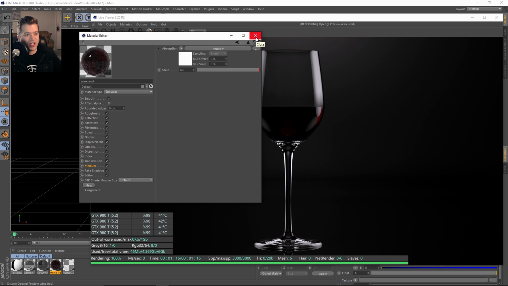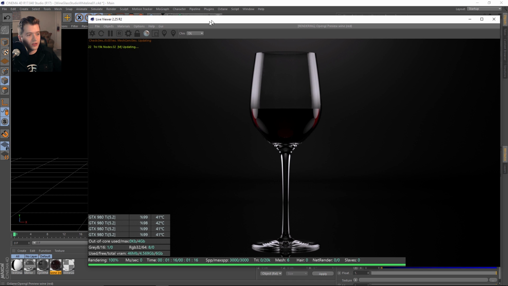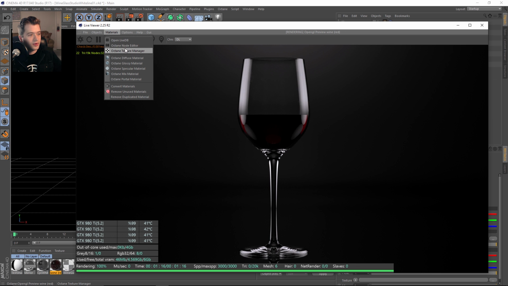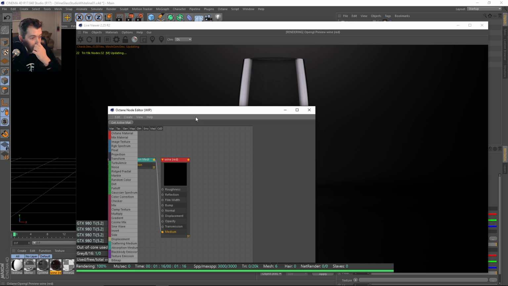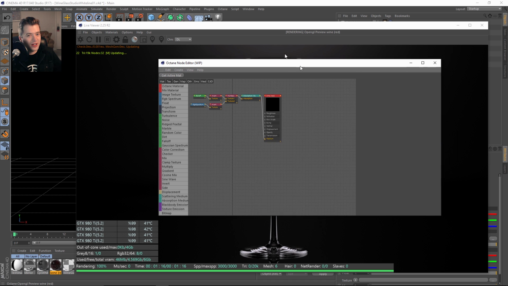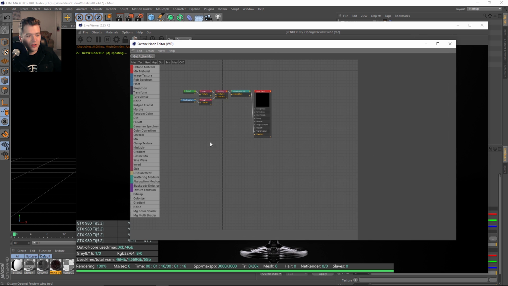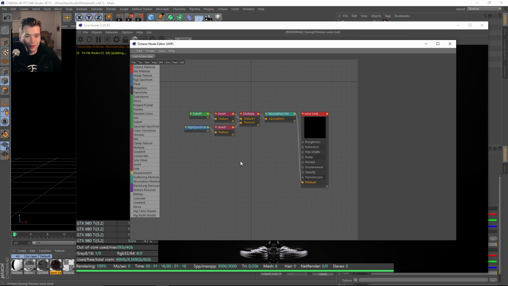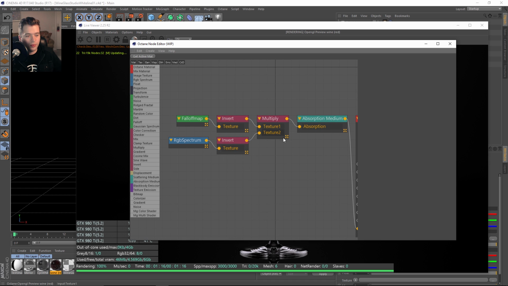You can download the scene and check it out for yourself, but I like to stack them with layers a lot. I don't usually use the node editor so much. I don't use the node editor a lot just because I've gotten so used to the layer system in Cinema 4D just from using Cinema a lot. But like in Maya, I loved in the Hypershade how I could actually put all this together.